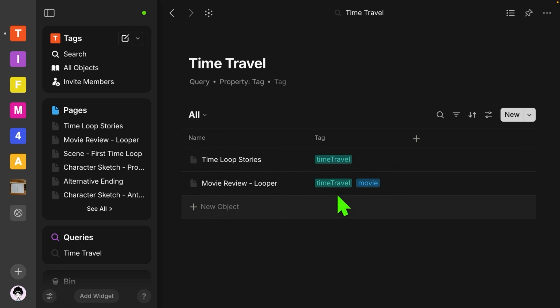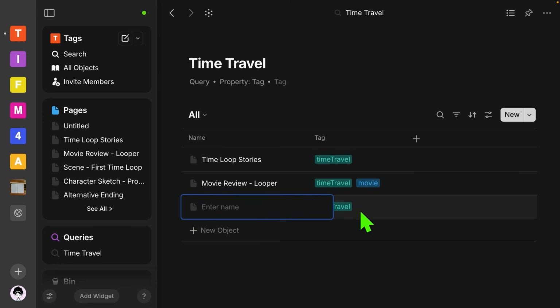So I've got time loops, time travel, and then what's really nice about this query is that anytime I have something with time travel, it will automatically update, and I can just come back to this and look at all my notes that have time travel on it. You can also add a new object from here, and it will automatically have the time travel tag. So if I put in new movie October, I have a new page and it's already got the time travel